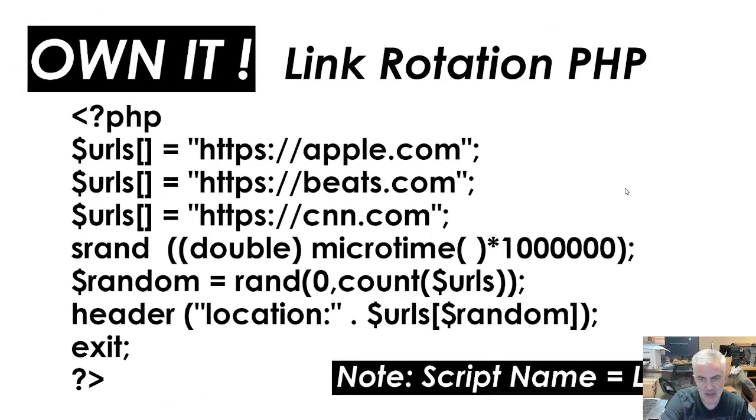Basically it's a PHP script that you just type into Notepad and drop into your hosting server. The only thing that changes is this area here. It's literally 1, 2, 3, 4, 5, 6, 7, 8, 9 lines, and there's only 3 lines in this one that change. It goes from Apple to Beats to CNN, does a randomization, and then jumps to one of those URLs. I'll try to put this code into the description or a link to it so that you can easily